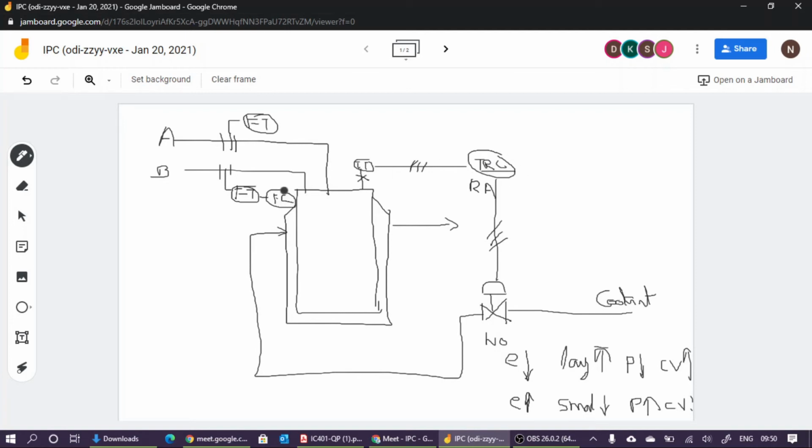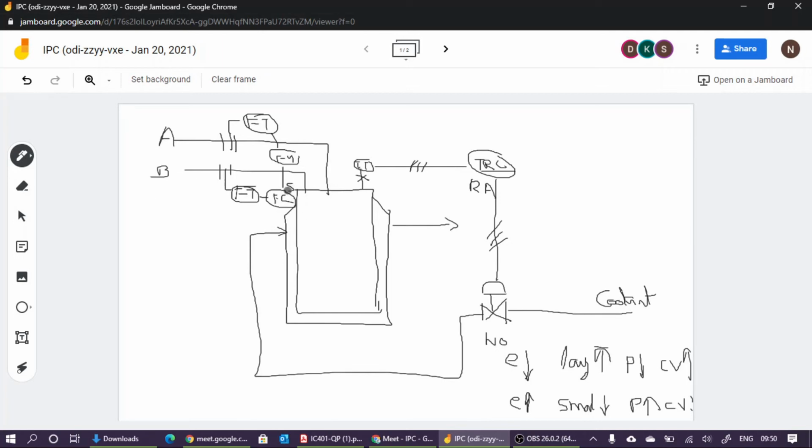But if it is FC, normally this one is a field device, and its set point is changing with respect to this FT. So here, this one is given to an Fy, which is used to change the set point of this FC using this FT. The flow rate of feed A is measured, and by using that flow rate, Fy is changing the set point of the flow controller of the second feed. So this set point is changed.